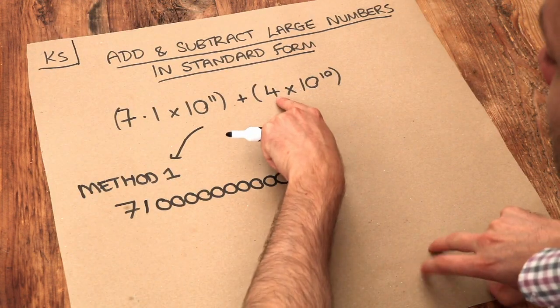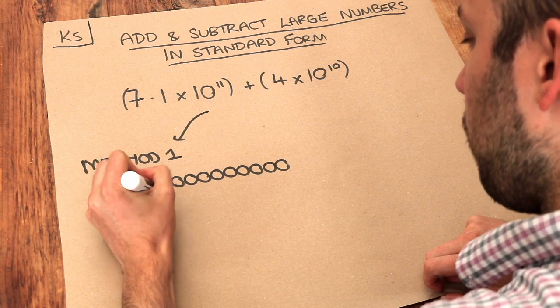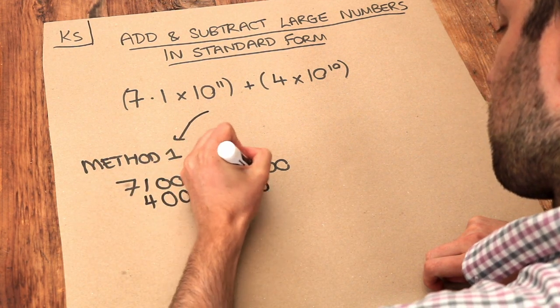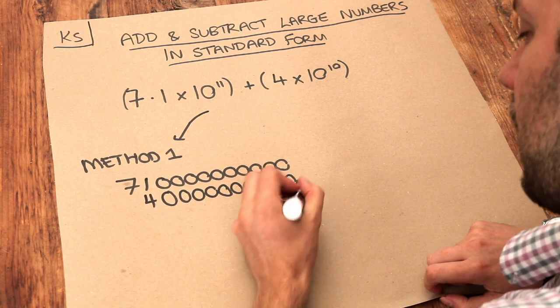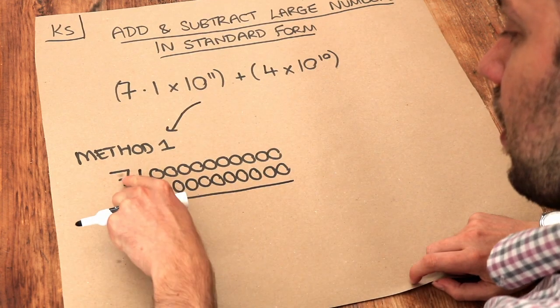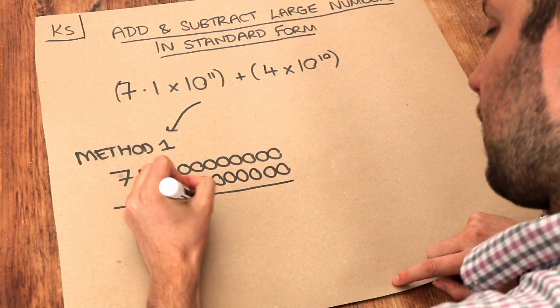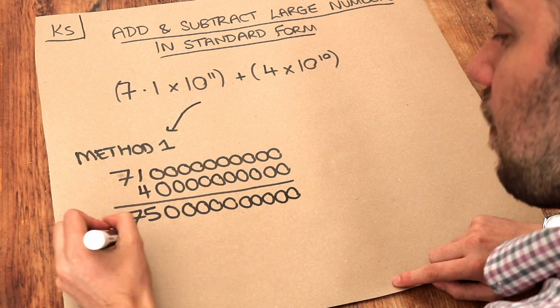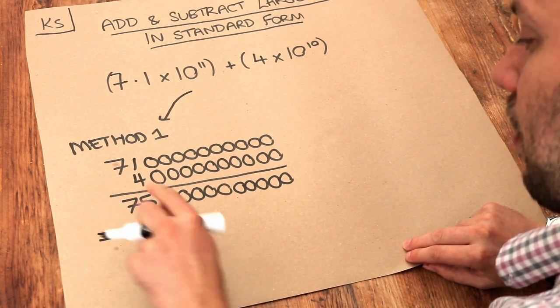And this other number is 4 times 10 to the 10. So that's going to be 4 with 10 zeros on the end. And then we can just add these numbers together. So 71 plus 4 is 75 with all the zeros on the end. And then if we convert that back into standard form, well, we need a number between 1 and 10, so